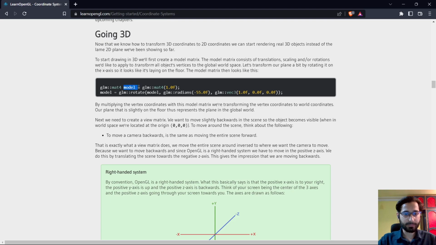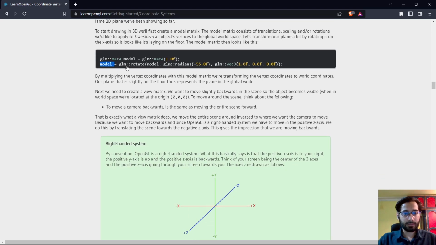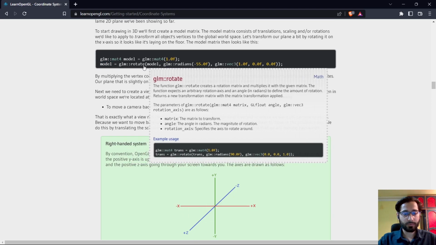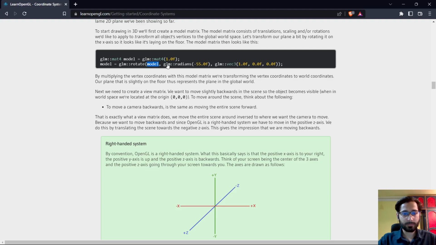Alright, so we create a matrix called a model using glm::mat4. This is a unit matrix, it has one on the diagonals. Then model is equal to glm::rotate(model, glm::radians(...)). It's giving it the angle and then the axis that it needs to rotate on,